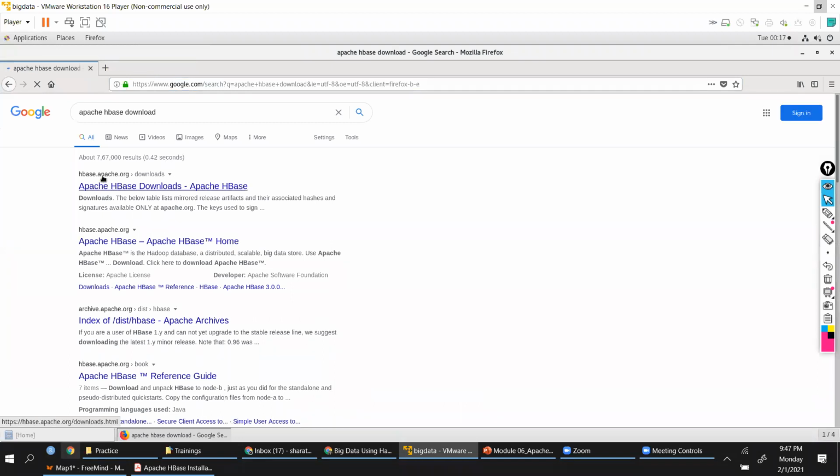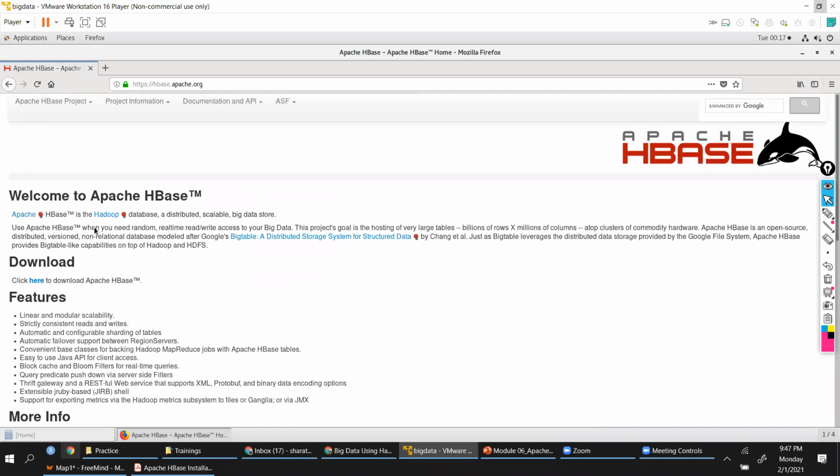It goes to hbase.apache.org. I go to the home page, and you can see this is the home page. It says HBase is a Hadoop database, a distributed, scalable big data store, for when you need random real-time access to your big data.